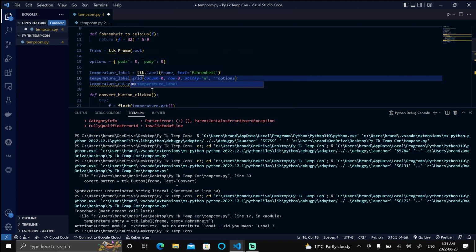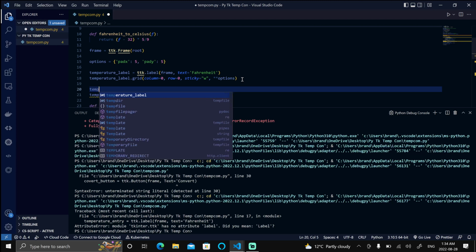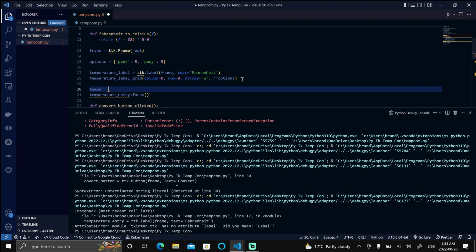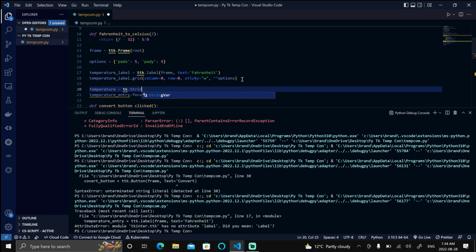And that should fix a problem for there. And then we'll enter into here and we'll do temperature will be equal to tk dot st string